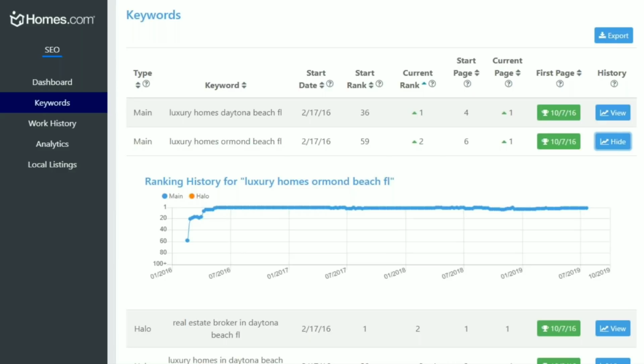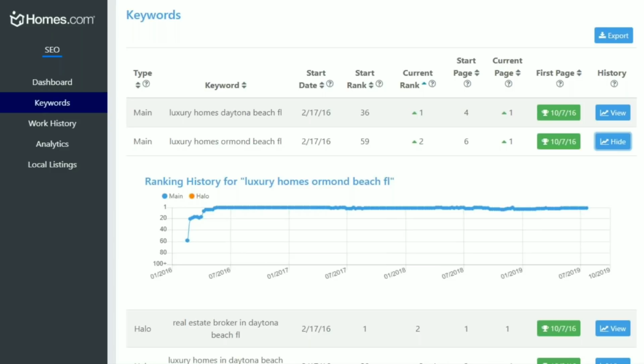You can look at, this is actually one of our customers at Homes.com. What we did is, in Homes.com, we actually do these SEO services for you. So we can actually do a keyword audit. So we can actually look at all the keywords and then see where you want to rank for. So this is an example of a brokerage that we have. It's a company that's out of Daytona Beach, Florida.